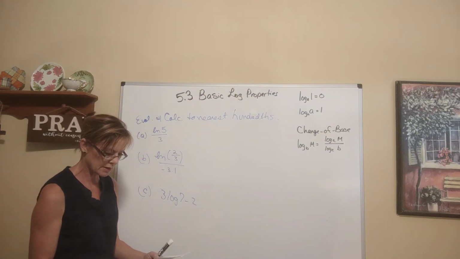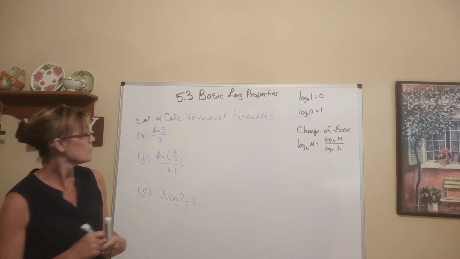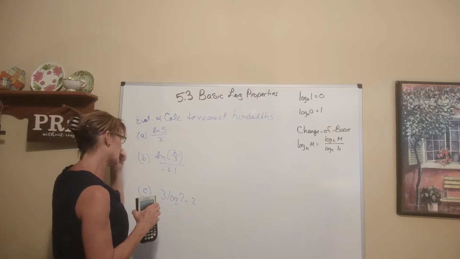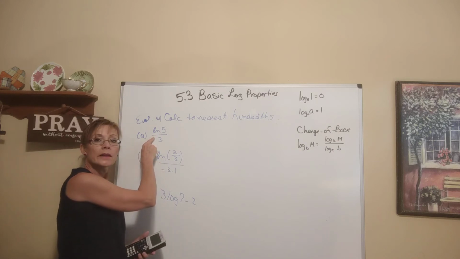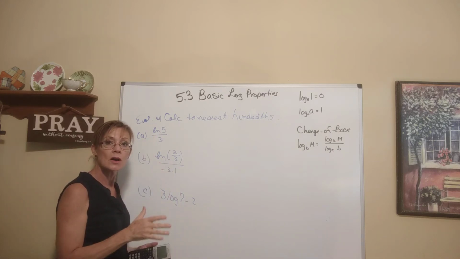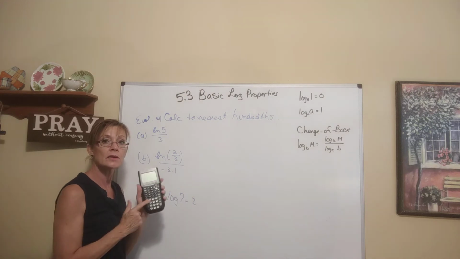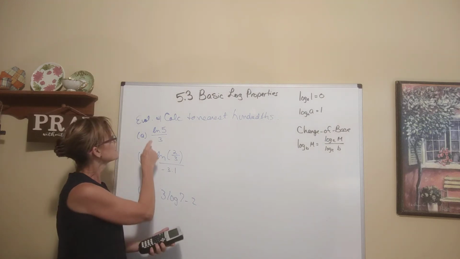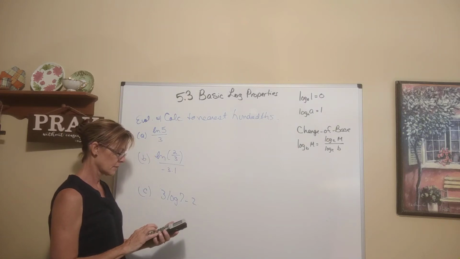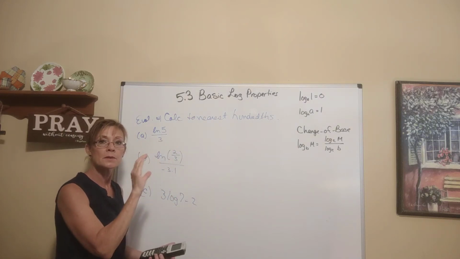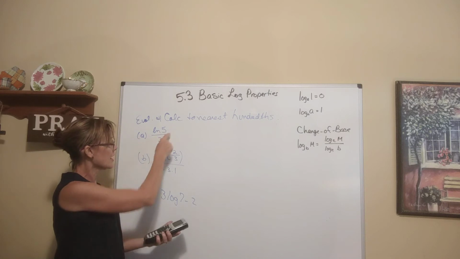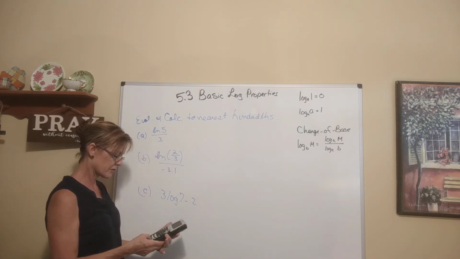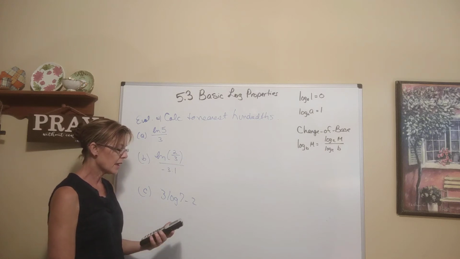All right, we're going to evaluate these with our calculator. So get your calculator. And so these are the buttons we're going to be pressing. ln, we know that means natural log, log base e. We have a button on our calculator to use that. So what I'm going to do is press ln, and what automatically comes up is a parentheses, and then I'm going to enter 5, my argument, and close the parentheses and say divided by 3, and hit enter, and I get